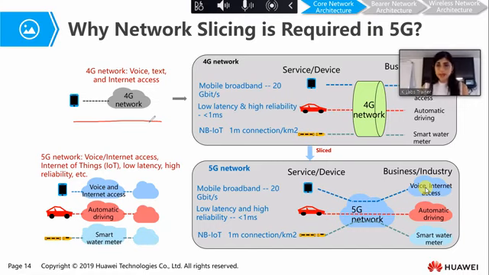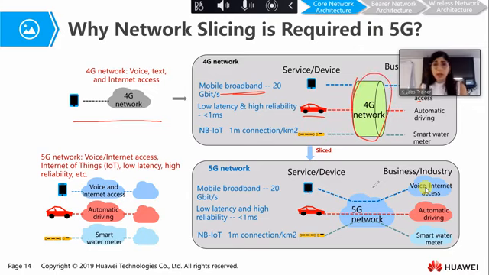We have the standard services like voice and internet access, so services related to mobile broadband. Then let us suppose we have the Internet of Vehicles, which requires low latency and high reliability. And let us suppose we have some narrowband IoT application, and we are using one single network.